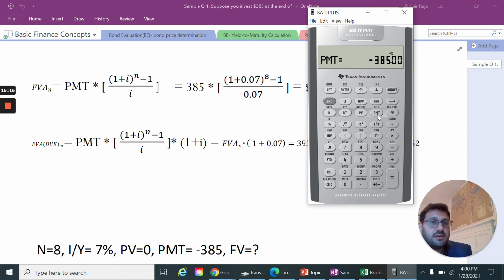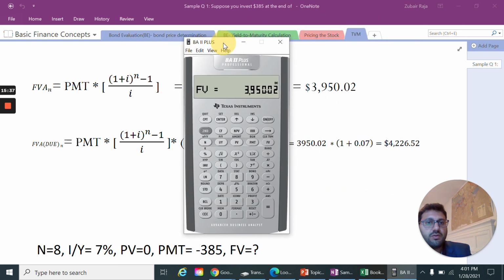That is the reason for the minus symbol: I'll not be able to consume these 385. Once I put in the payment, the calculator automatically understands that for the next 8 periods, 385 payments will happen. Now compute the future value, and this is exactly the same answer that we got over here,